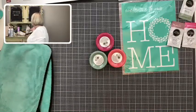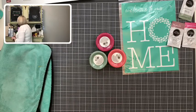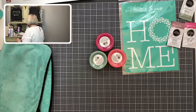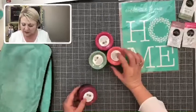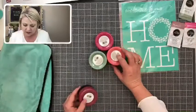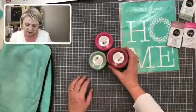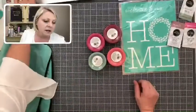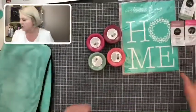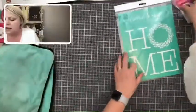There's no telling what I've done with it. Or maybe I can just use this peony. Or I could just show you how to do the paste, but I think I'm going to do Couture Coral on it, eucalyptus, and maybe raspberry sorbet or currant jam. We'll see what we're going to do. But anyway, now that I'm through making a fuss over the colors, I'm going to show you